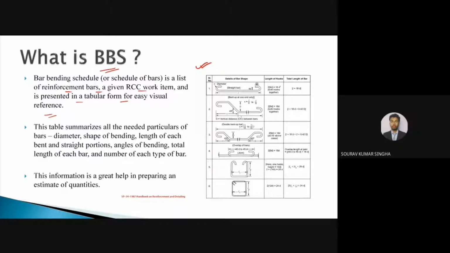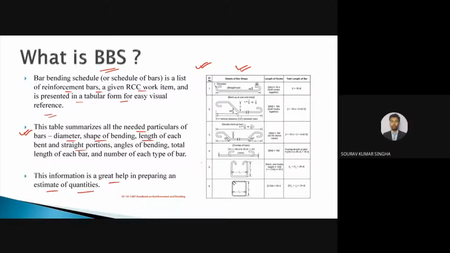There the values are given with respect to L and D, but when you provide the ultimate result, that means the summary, you need to provide the actual value either in mm or feet and inches. The table summarizes all the needed particulars of bars: diameter, shape of bending, the length of each bend, and the straight portion. This information is a great help in preparing an estimate of quantities.